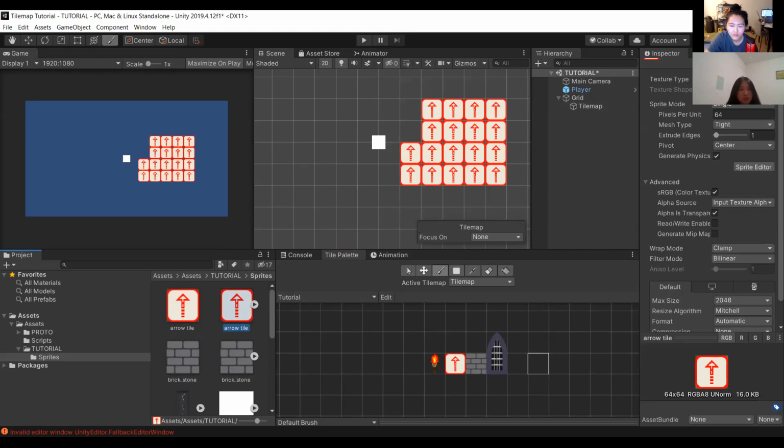So if you were to make it manual, Athena, would you recommend making it 64? I would recommend making it based on whatever dimensions you're going for in your game, whether it be 16 by 16, 32 by 32. Essentially what base dimensions you're using for your game. A good rule of thumb is that whatever the size of your character is, is probably a good size to set your tilemap to, and your tiles too.